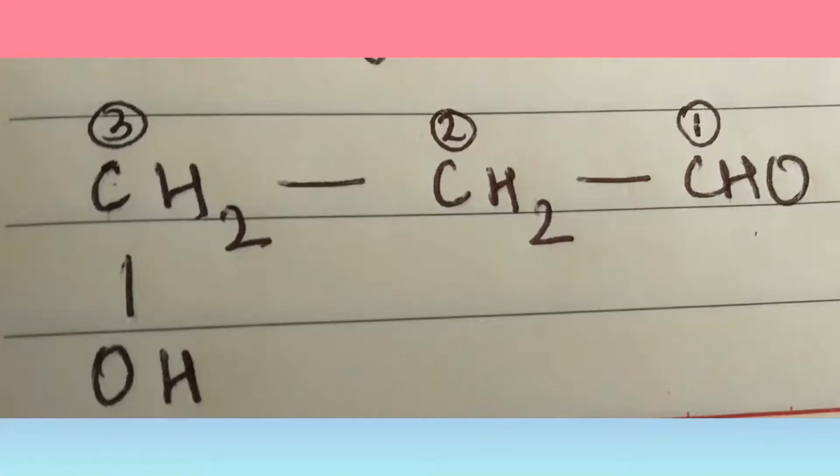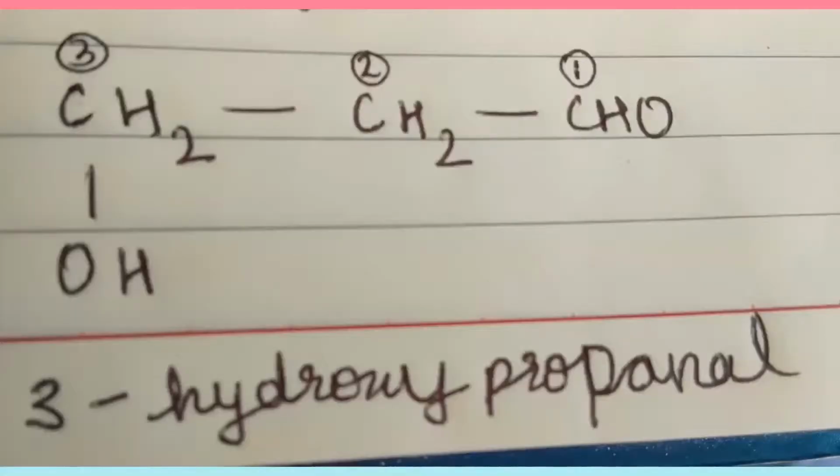Here, we all know that whenever the alcohol group is a functional group, it gets the suffix ol. But whenever it is a substituent, it gets the prefix hydroxy. So the name here is 3-hydroxypropanal. 3-hydroxy because the alcohol group, that is the substituent, is present on the third carbon atom, and propanal because there are 3 carbon atoms, that's prop, and an for the saturated bonds present here, that's nothing but all single bonds, and al for the aldehyde group.